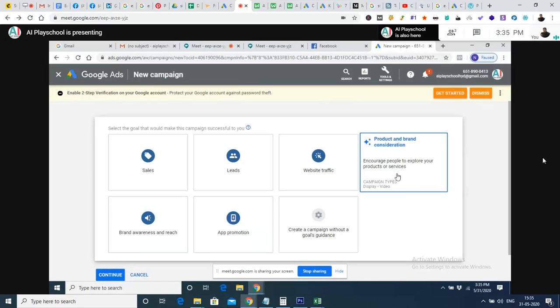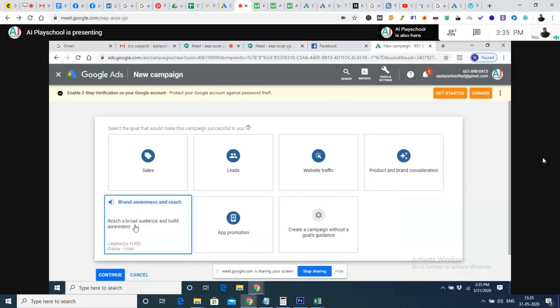One is display and video. These two, product and brand consideration and brand awareness and reach, can be created only with display and video campaigns. That means you can't do this with search advertisements.